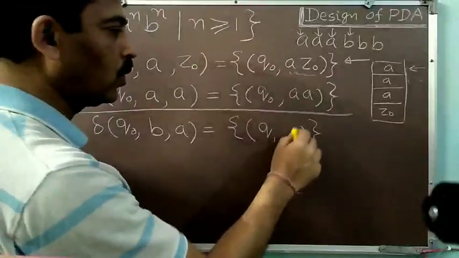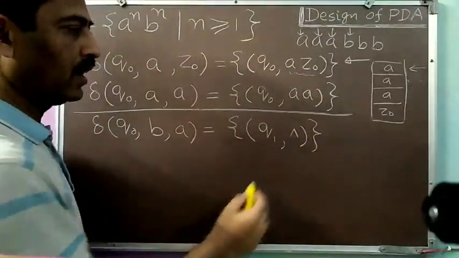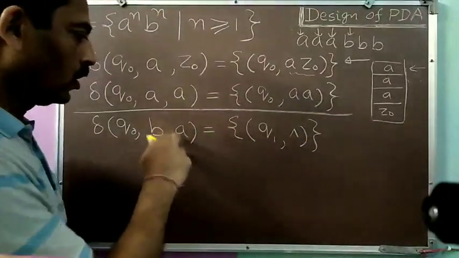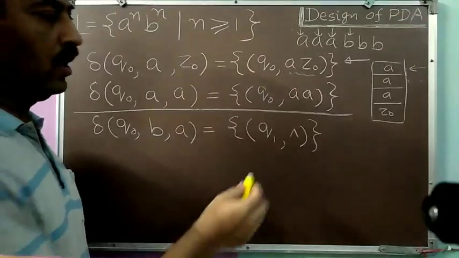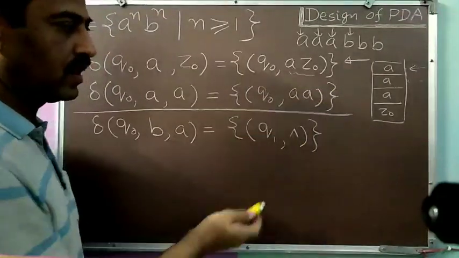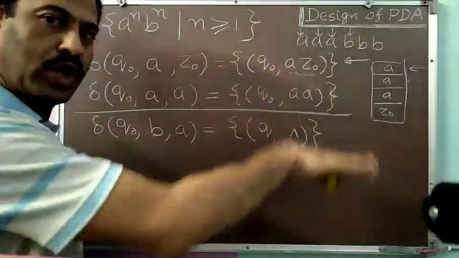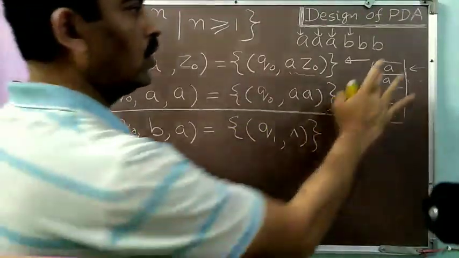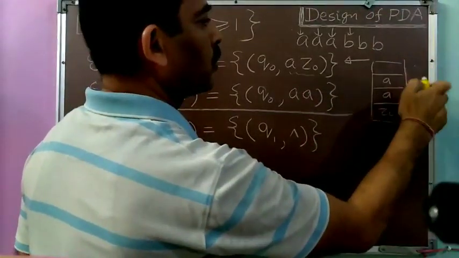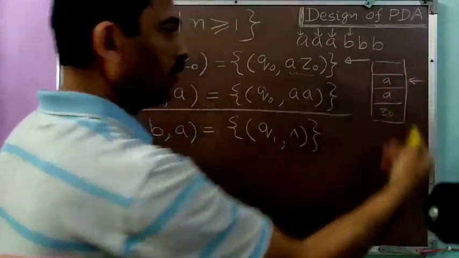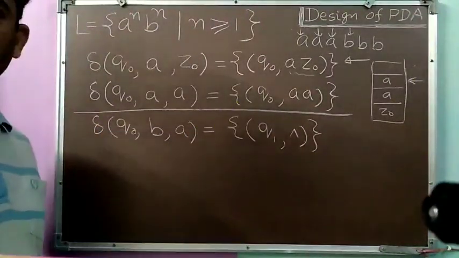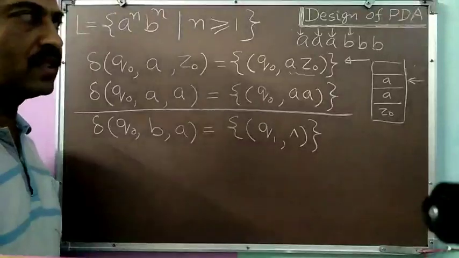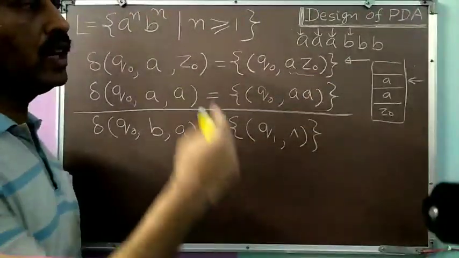And then for popping, what should I do? I should simply write null. So when I write null, what in effect am I doing? I am erasing the topmost symbol, because in taking this transition, the topmost symbol A will get erased. If I write A here, then I will maintain the status. If I write, suppose, A A, then I will push another A. If I write null, then simply the topmost A will get erased. So this topmost A will get erased and the top of the pushdown store will come one position down. So this will be the situation. I have erased the topmost A. Previously I had 3 A's on the pushdown store, but now I have only 2 A's.